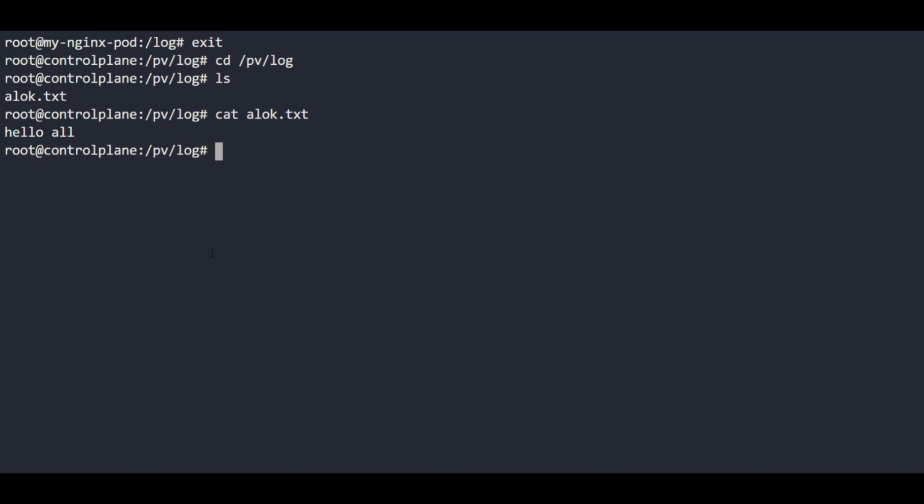So you can mount anything, like a log file. In the container where the log file is generated, you just mount that particular path, or anything that you find is important and you don't want to miss. If the pod gets destroyed, the same things you can mount to your local or any cloud provider path that the persistent volume supports. So in this way the persistent volume works, and the claim you can utilize for that particular PV, and the particular claims will be used for the creation of the pods.